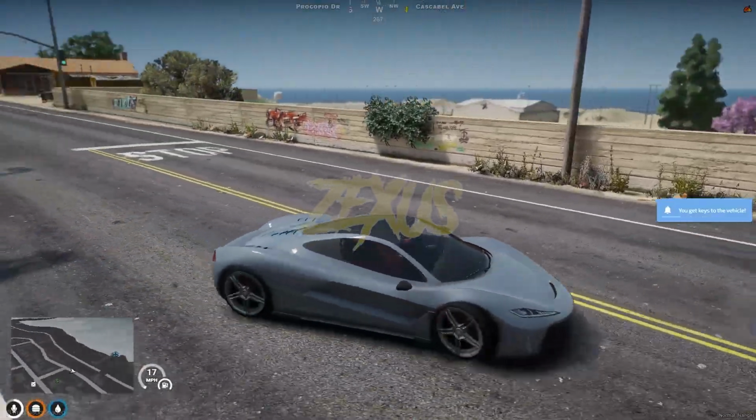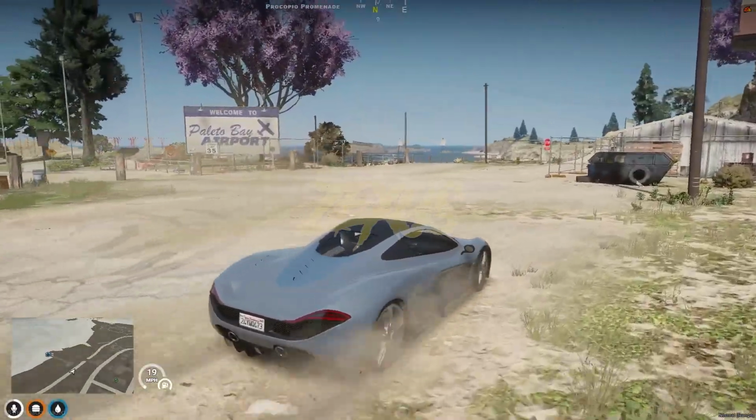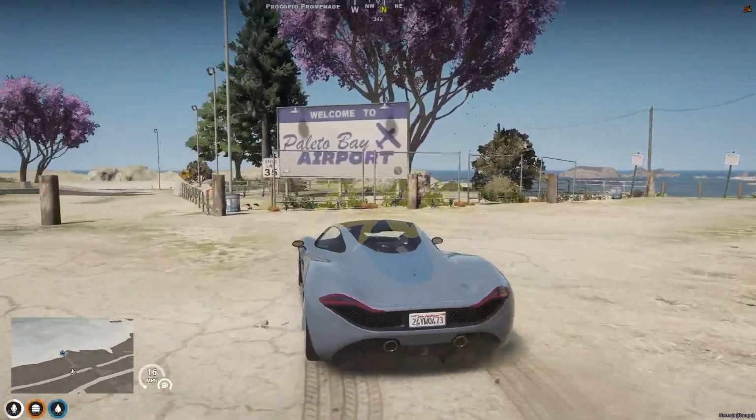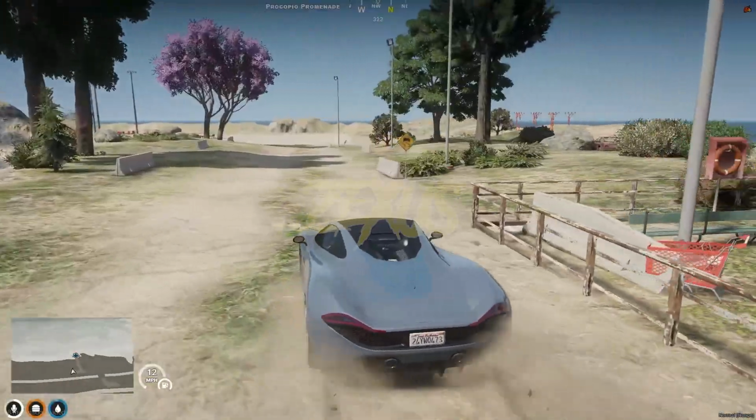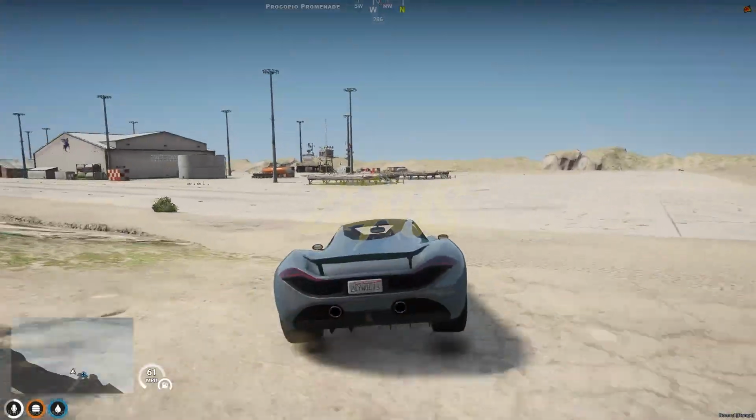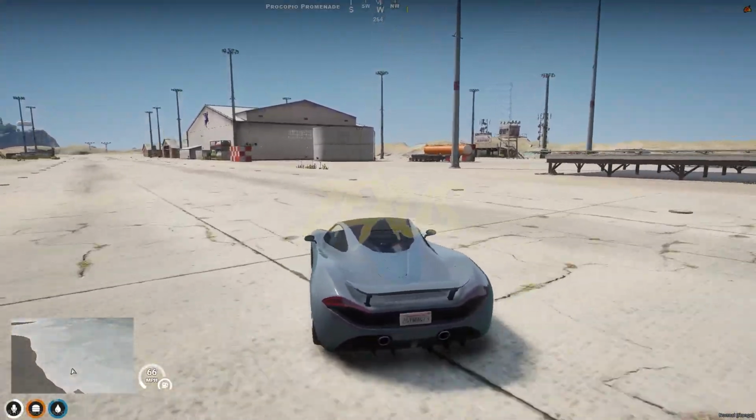So let's get inside over here. Here you can see there is a board of Welcome to Paleto Bay Airport. So let's get inside over here. And over here you can see this is the Paleto Bay Airport, as you can see over here,